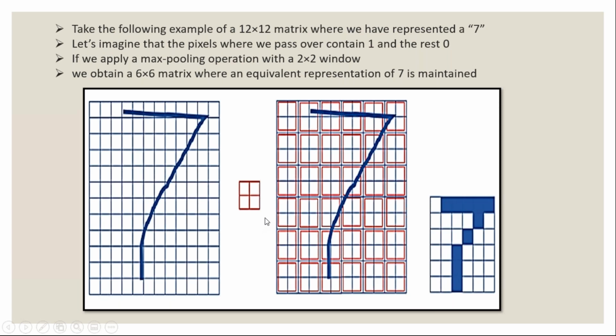What is the size of my pooling operation? A 2x2 window. Here I have taken a 2x2 window for the pooling operation. See here, how many 2x2 windows are you going to apply in this image? 1, 2, 3, 4, 5, 6. So 6 2x2 windows you are going to apply, and finally, you have a 6x6 matrix. The original size after the convolution operation is a 12x12 matrix. After applying the pooling operation, your matrix size is reduced, condensed, and it becomes a 6x6 matrix of values.